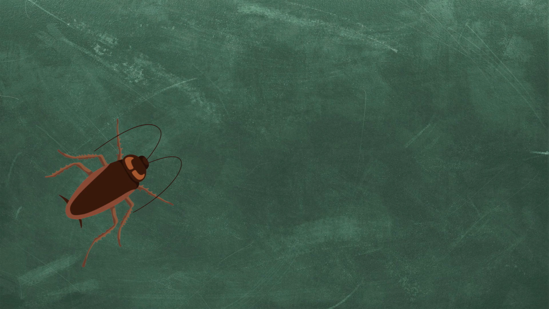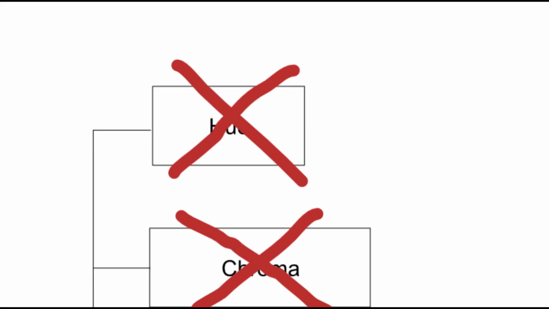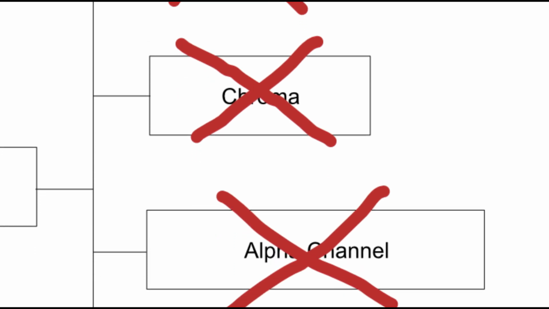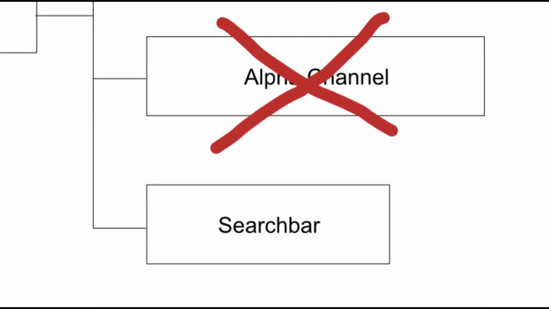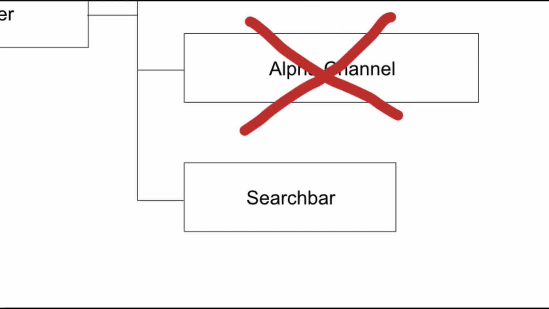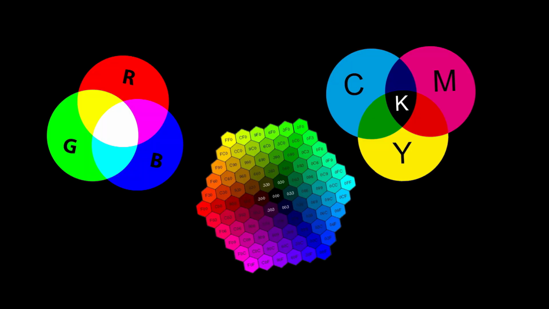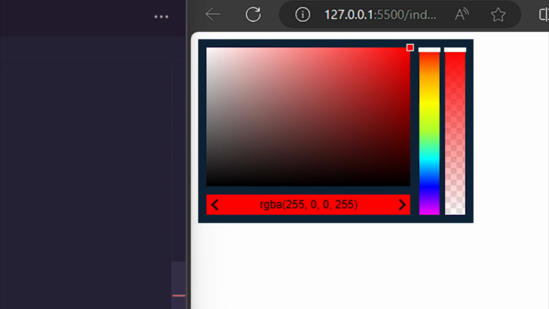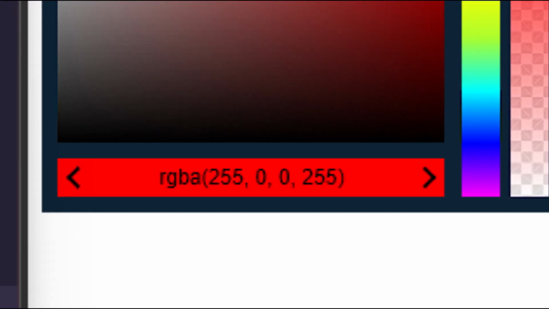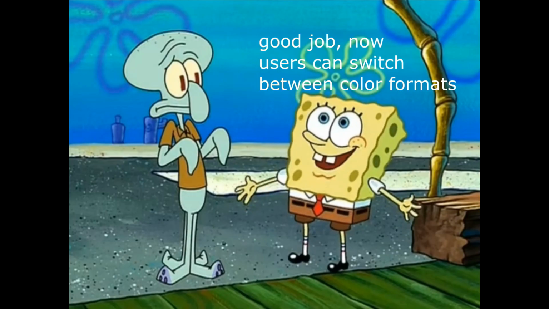As a side note, this bug teaches a valuable lesson, not to abstract too much. At this point, I was pretty much finished with all the canvas mechanics, so I decided to work on the last component, the search bar. I wanted the user to be able to switch between different color formats, so I changed the UI for the search bar. It now has arrow buttons to cycle between the different formats.